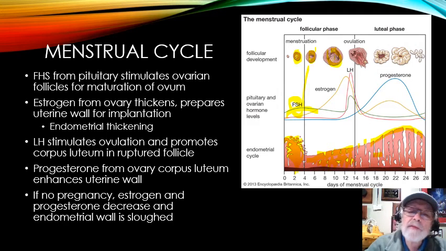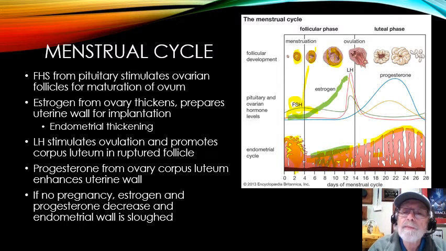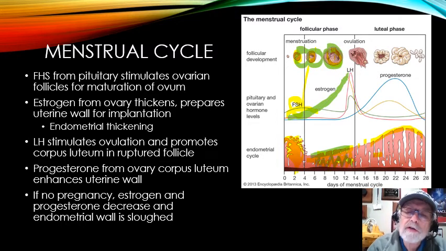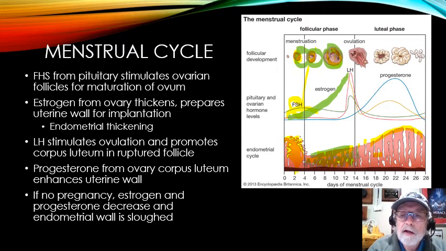At the same time the FSH is increasing, we also see an increase in this other hormone right here called estrogen. Now estrogen is really important because estrogen is what thickens the wall. FSH starts to prepare the ovum, and because of that, it stimulates the production of estrogen, which increases, and the estrogen is what's actually increasing the thickness of the wall, and it continues to get thick.